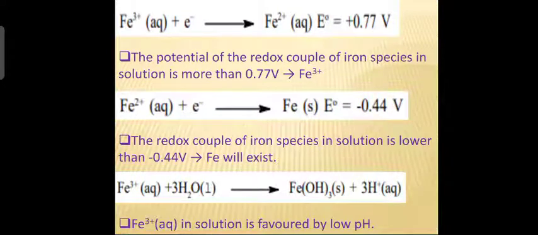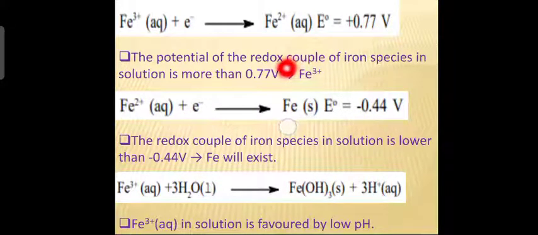Now, how to explain this Pourbaix diagram for the iron water system? Okay, the iron water system in 1 molar solution. The first point, the line AB, represents the equilibrium between Fe3 plus and Fe2 plus. In the previous slide you have seen the line AB that represents the equilibrium between Fe3 plus and Fe2 plus. Okay, and what is the equation? This is the equation. Fe3 plus plus electron, that means reduction, addition of electrons is reduction. So, in other words, ferric 3 plus is reduced to Fe2 plus. Okay. So, E0 is equal to plus 0.77 volts. That is the reduction potential for this reaction.